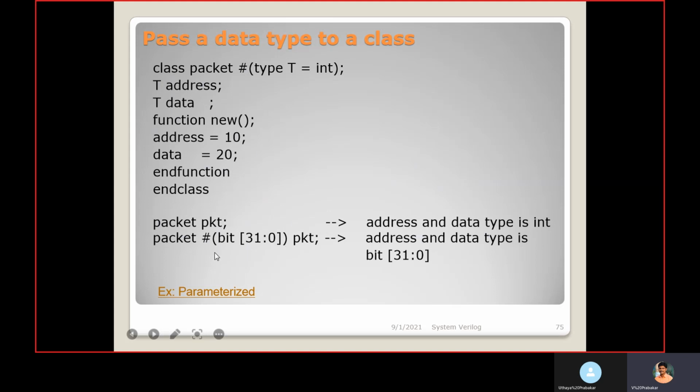So now in this pkt instance, the address and data are all 32 bit, not int. So we'll see one example of this.